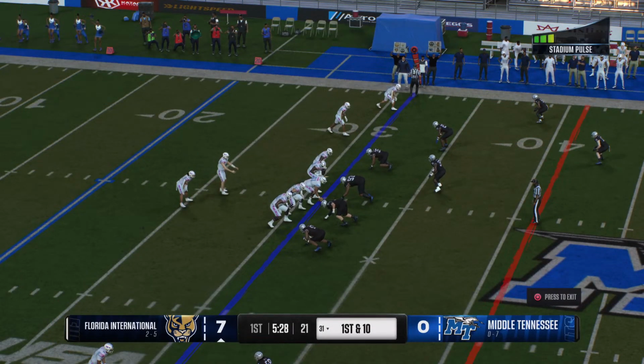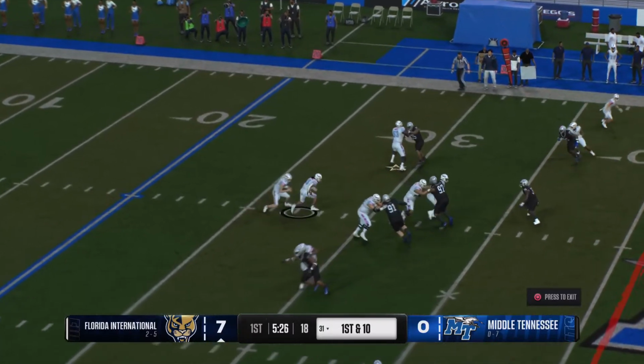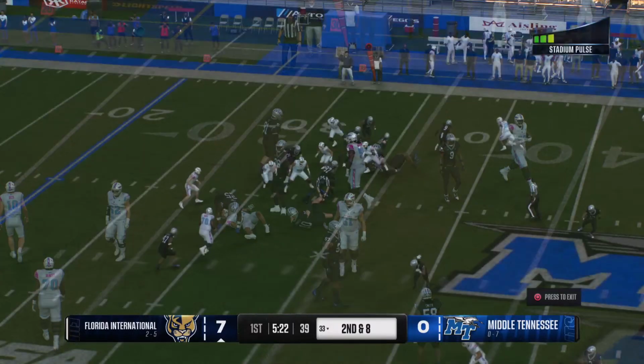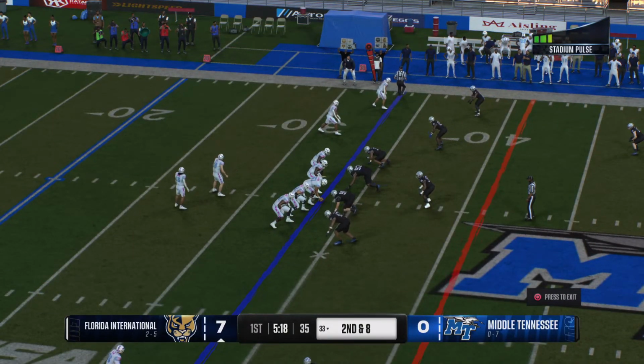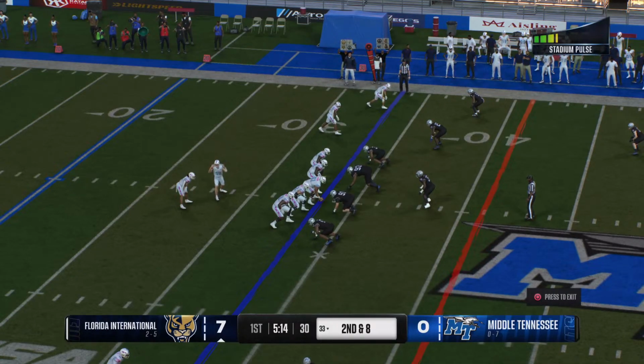The Florida International offense is back on the field. After that last pick, David, they really need to take care of the ball this time. No doubt. And Palmer, I want to know what Spurrier said to you on the sideline after the pick. Do that again, and you'll be right here beside me for the rest of the game. You got to go out. You got to call your plays, and I hope this coaching staff isn't going to be afraid to throw it